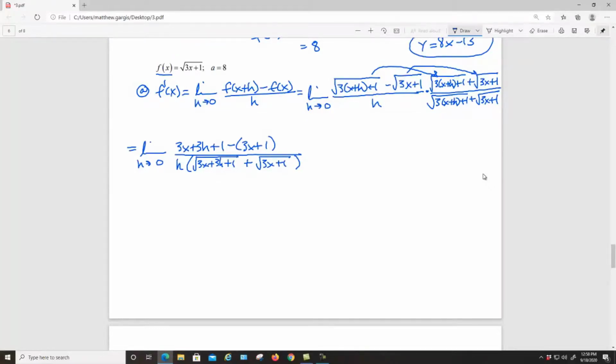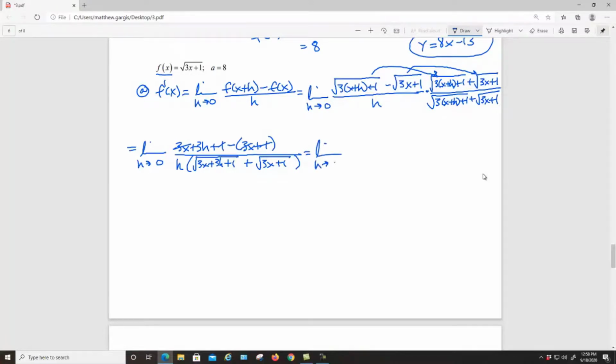Okay. Now, notice what happens here. If I distribute the minus 1 here to 3x and 1, I get minus 3x and a minus 1. So 3x minus 3x is 0. 1 minus 1 is 0. So all I have left on the top is 3h, and then that h will divide out with that one on the bottom. So what I'm left with then is the limit